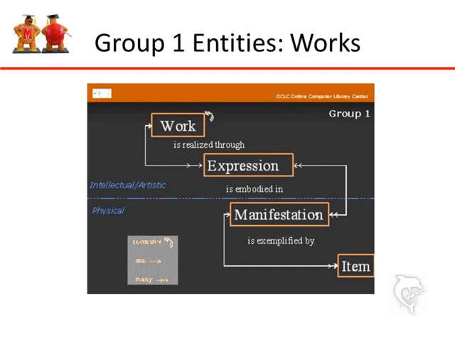And then an expression of Romeo and Juliet might be a particular adaptation of Shakespeare's script, including his original script of the play, or an adaptation that's been created for a certain production. So in my example, I talk about the Baz Luhrmann production of Romeo and Juliet that was released as a film. I think it was back in the late 90s. It had, I think, Claire Danes and Leonardo DiCaprio. So Baz Luhrmann's interpretation of Romeo and Juliet is an expression of the work that was created by William Shakespeare.